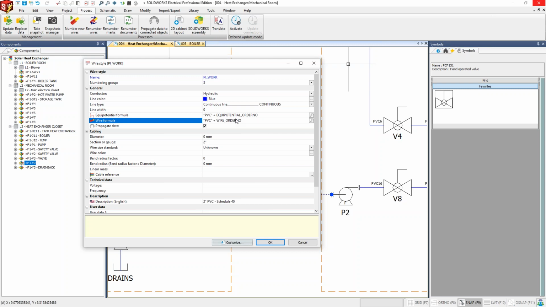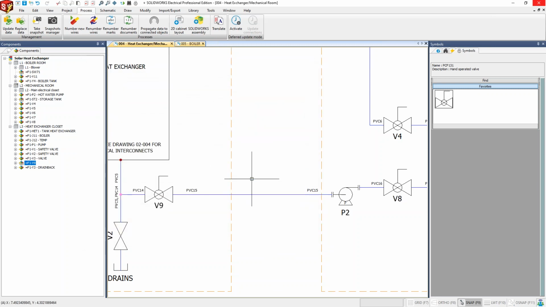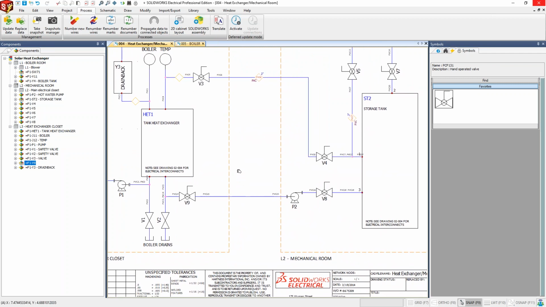So if I want to set up a specific piping numbering system based off of my return lines, or based off of whatever is flowing down that pipe, right? We can set up a formula for that as necessary. Or you can just keep it as is and everything will just go 1, 2, 3, 4, 5, 6, 7